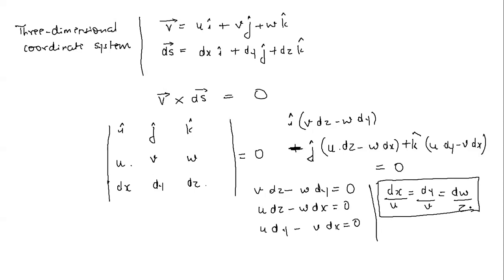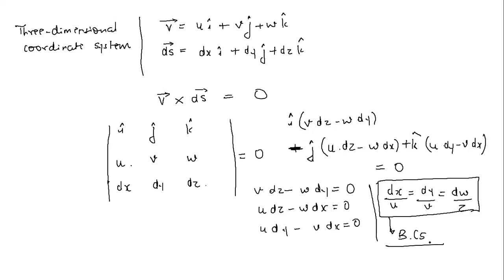Now if somebody asks you, okay, the value of u is given to you, just substitute the value of u there. This u is a function of what? x, y, z, and let's say the time t. So just put the value there and integrate that equation. Once you integrate it, take the boundary conditions. Always remember that the streamline cannot be defined simply with this one, so you have to consider the boundary conditions also. We will take up some numericals on this, then you will understand. So this is the final equation for a streamline, right?